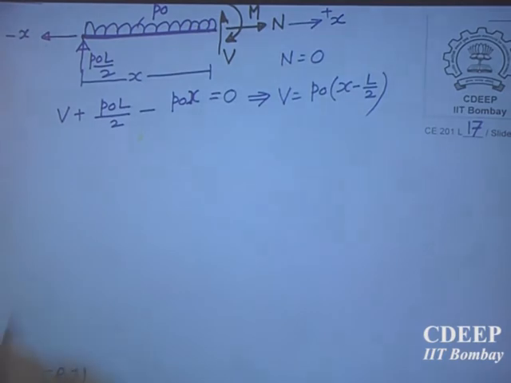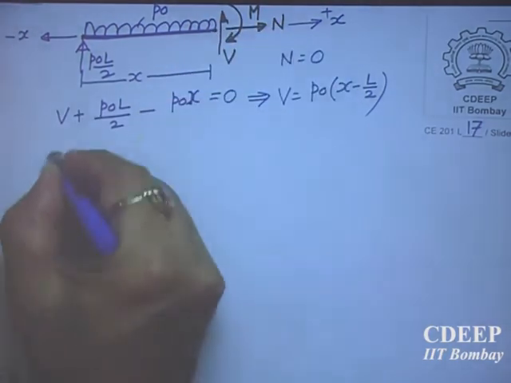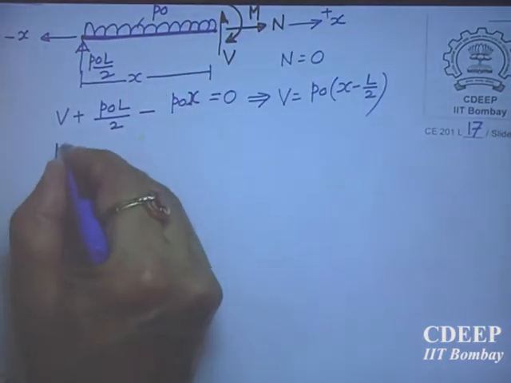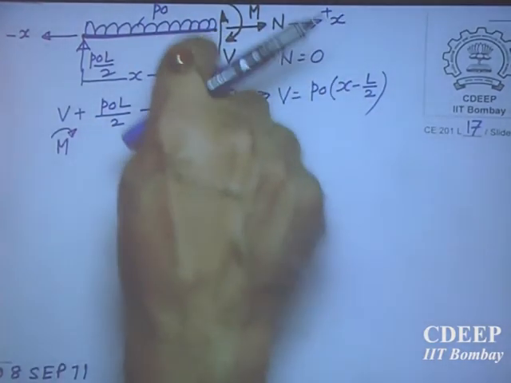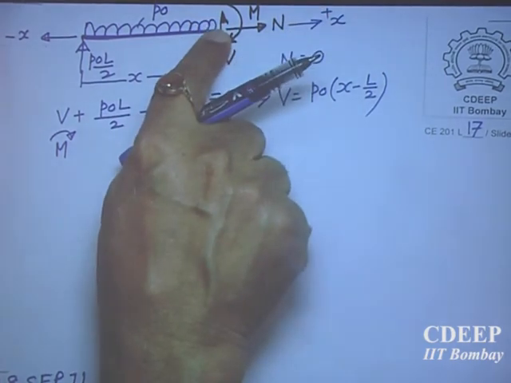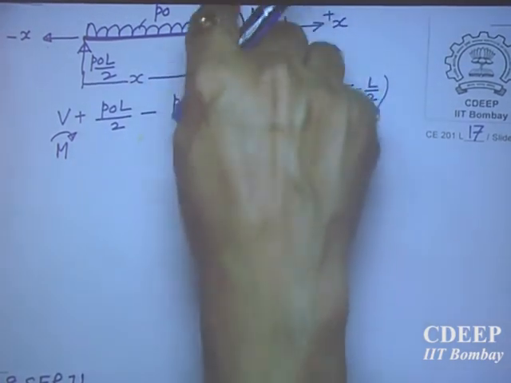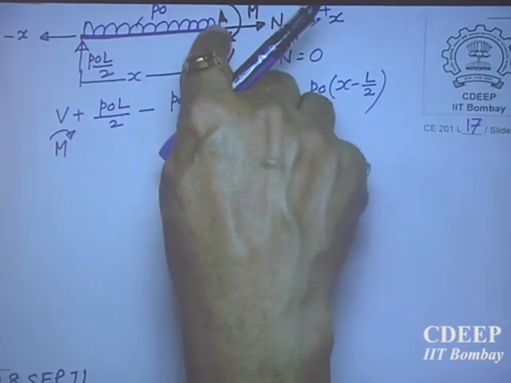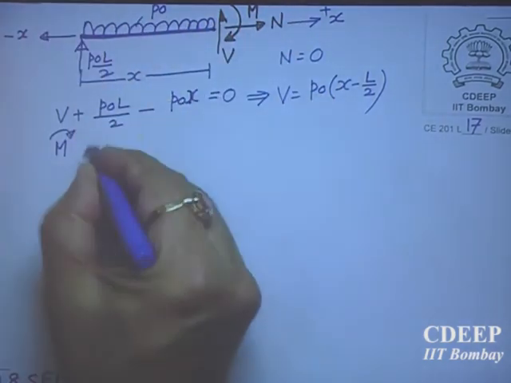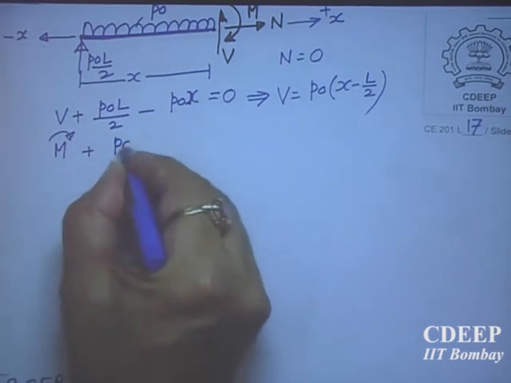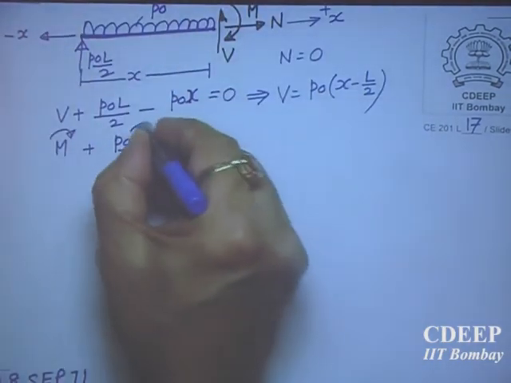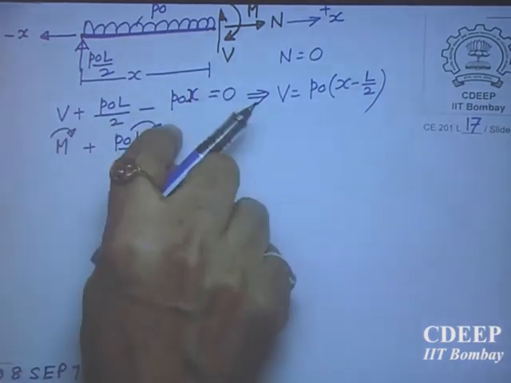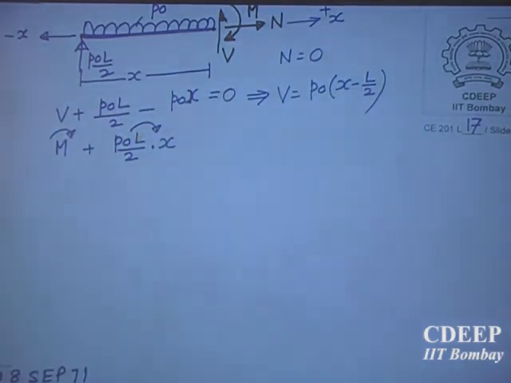So I have got this one, moment. Now take moment about this point. So moment about this point is m. I have the habit of putting this because then I cannot go wrong. On top of it, you show about this moment, I am taking here like this, and then plus P naught L by 2 into x. This about this, that is also the same direction. This moment also is the same sign as this. Is it okay or not?